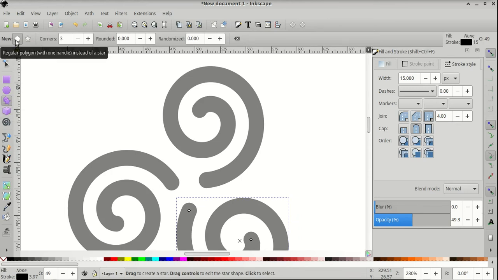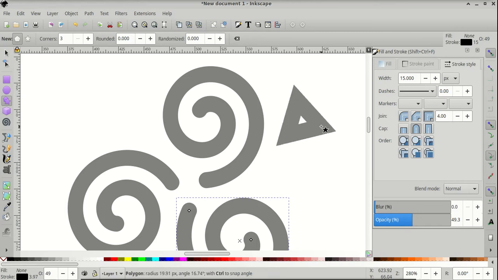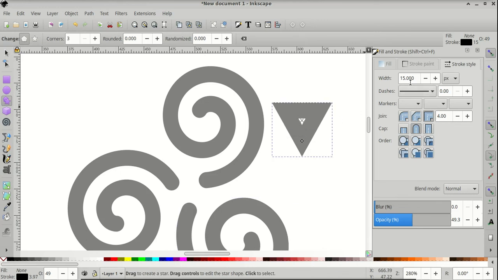Create a regular polygon with 3 corners. Come to the canvas, click and drag and press the Control key and create a triangle with an angle of 90 degrees. Once you've created your triangle, let's come back to the stroke width and set it to 0,